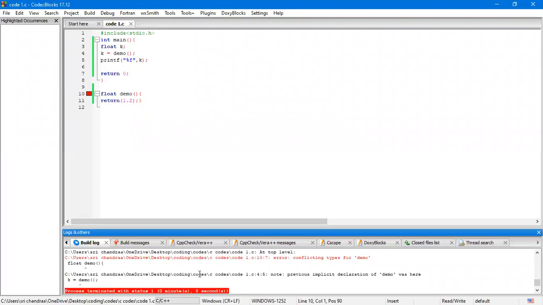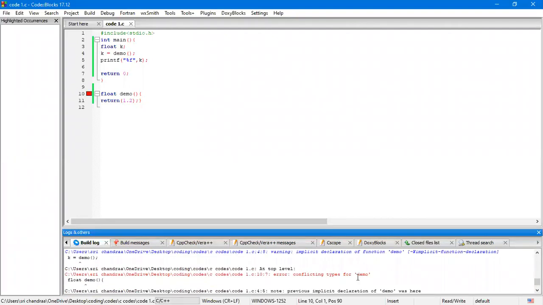Type mismatch, conflicting types for demo function. This is what happens. Ideally, when we call demo, it should return 1.2 to k, and this k value should be printed over here.